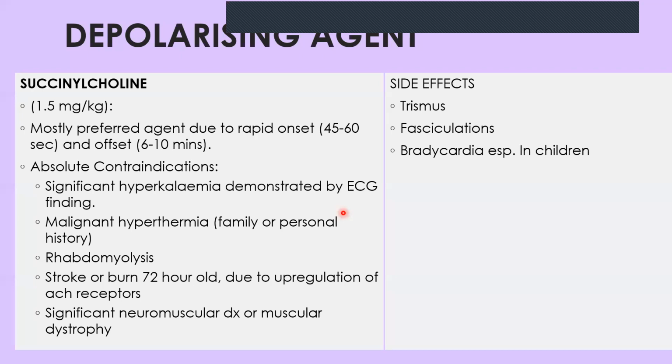So we go further on depolarizing agent, suxamethonium. The dose is 1.5 milligram per kilo. It is mostly preferred agent due to the rapid onset and offset. So the onset is 45 to 60 seconds and only lasts around 6 to 10 minutes. And it has absolute contraindication where we don't give patient in insignificant hyperkalemia, malignant hyperthermia, patient rhabdomyolysis, and also stroke